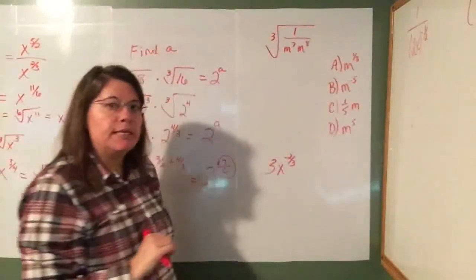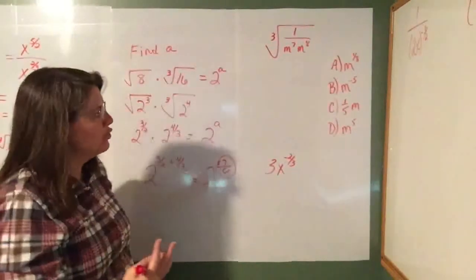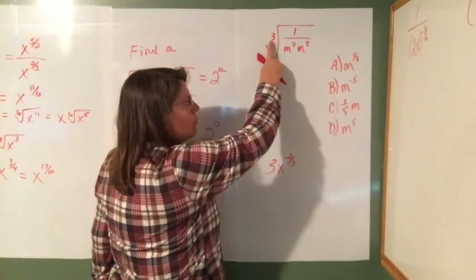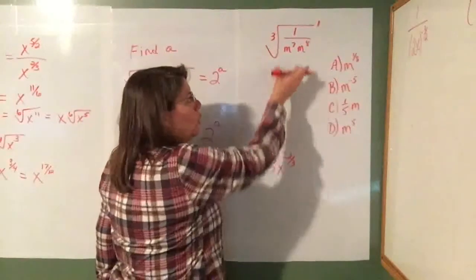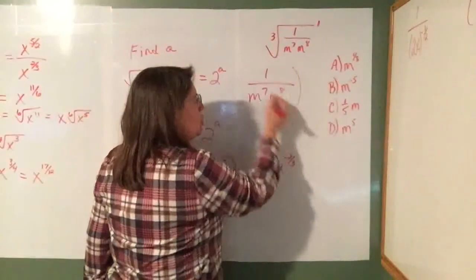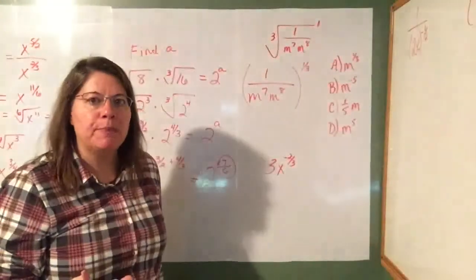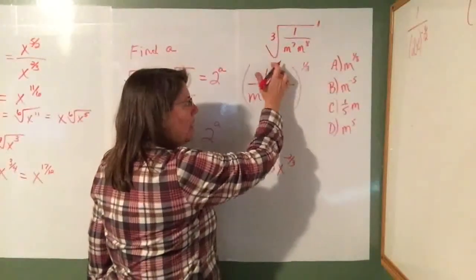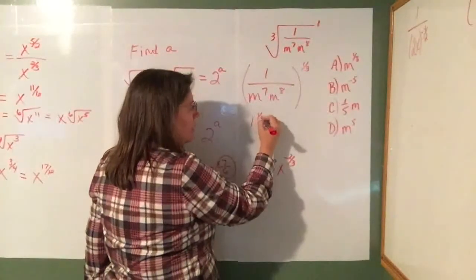Here is something a little bit different, and I'm just trying to show you different examples of different ways they can express rational exponents. In this one, that rational exponent, if that root number is a 3 and the power outside is understood to be a 1, wouldn't the stuff inside be taken to the power of 1/3? And we learned that when we were doing powers of monomials, that 1/3 could go and multiply by all the powers on the inside. So that would be 1 to the 1/3 over